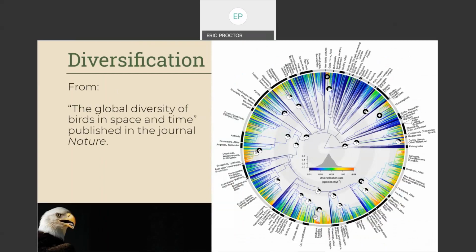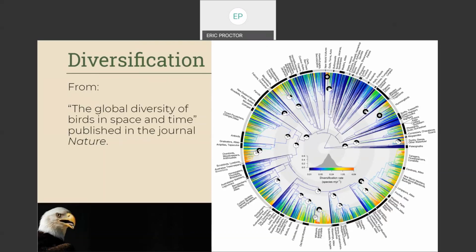The circle shows time to give an idea of the rate of diversification. The center of the circle is farther back in time. So as you get more towards the center, you're going back in time. The edge of the circle is the species alive today. So you can see how many branches start appearing as you get more towards the outside of the circle. So notice how it starts slowly, and then once that bird body starts to develop, the diversification happens really fast. You start seeing branches that start happening and happening and happening and happening.